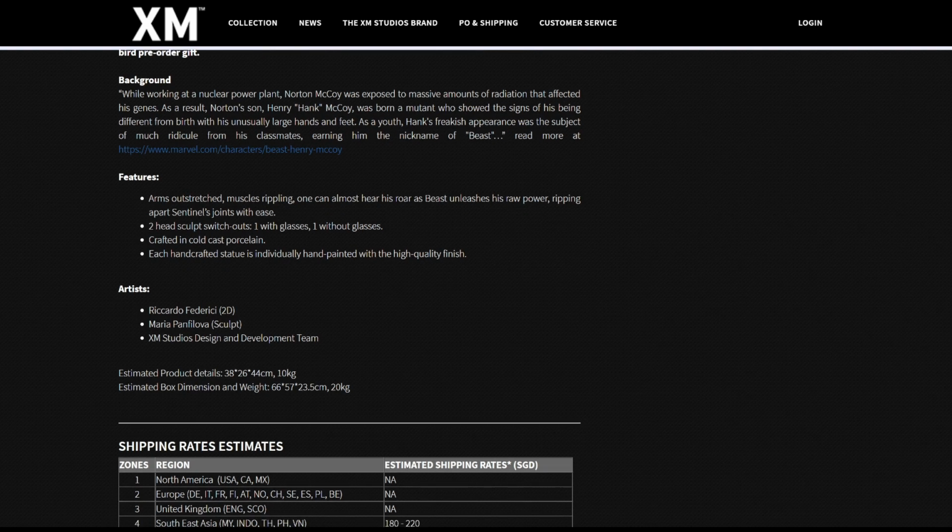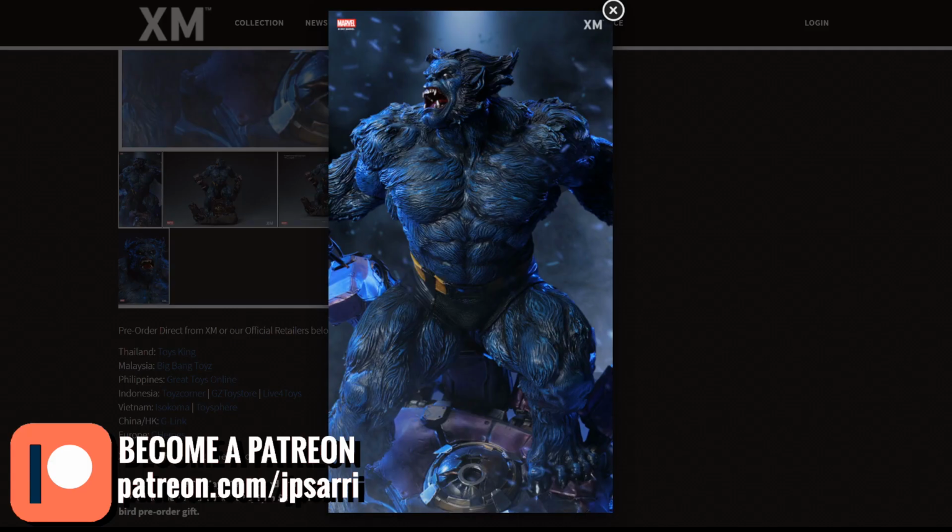And of course, the XM Studios design and development team is involved in the whole process. All right, now we're looking at the pictures, and I'm telling you, I really like this sculpt. I think Beast looks amazing. Maria did a terrific job, and I really don't know her, but I can tell you that she's really good